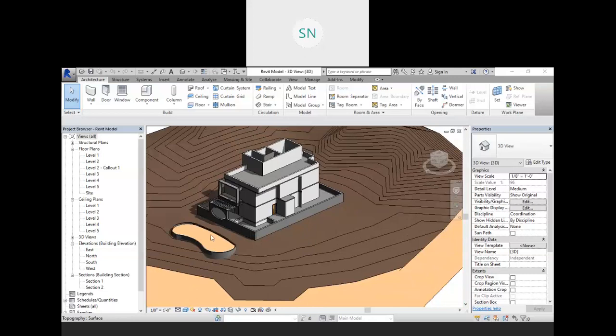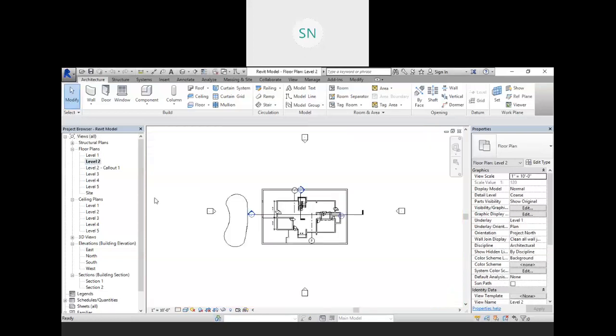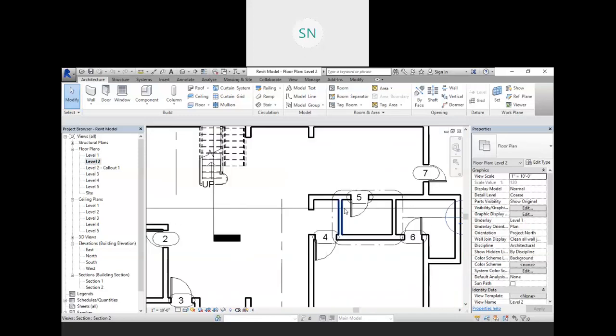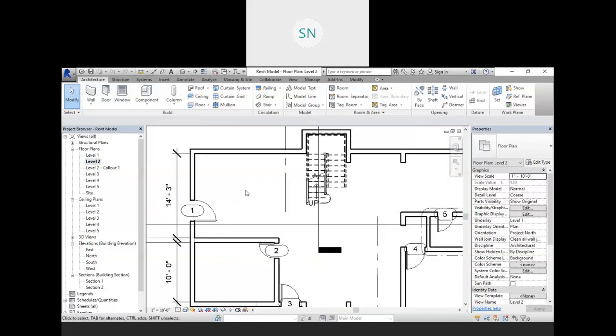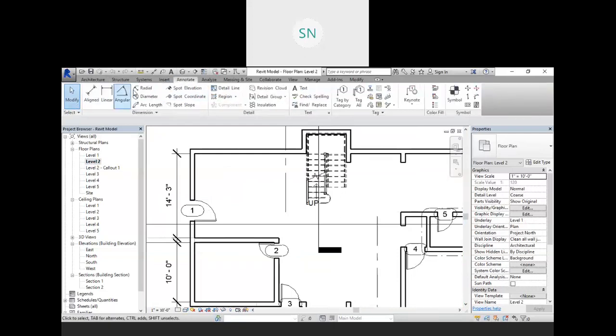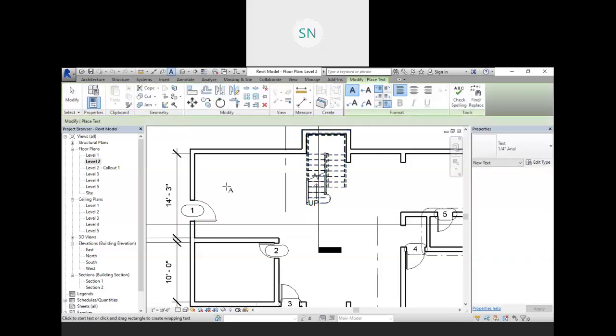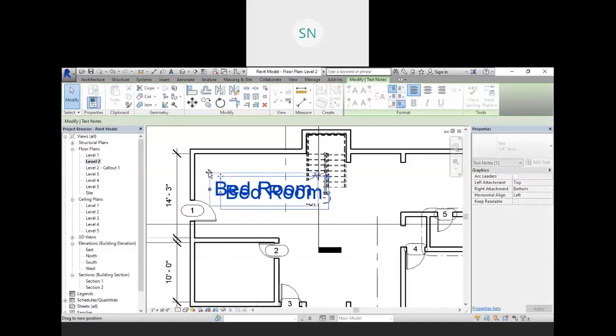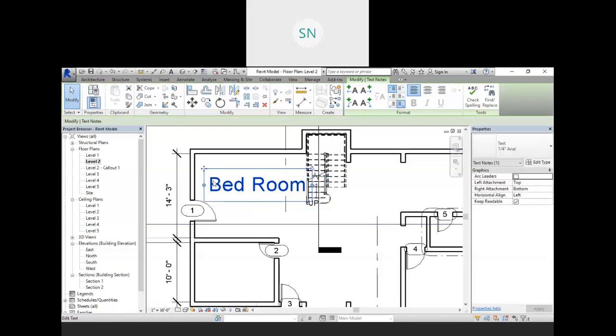Okay, so first of all, let me discuss the annotation. Here we are on a drawing, right? And I want to place some text over here. So go to the annotation. Here these are the options for dimensioning, and here we have text. So click on text, place your text over here and type your text, select it and place it properly, right? If you want to change the text height, everything you will get in your properties panel. Just select it and go to the properties panel.